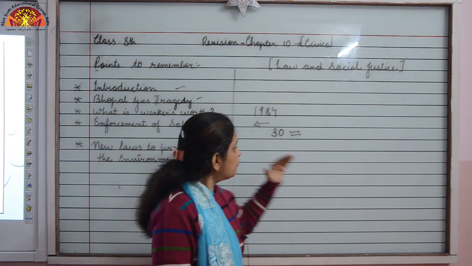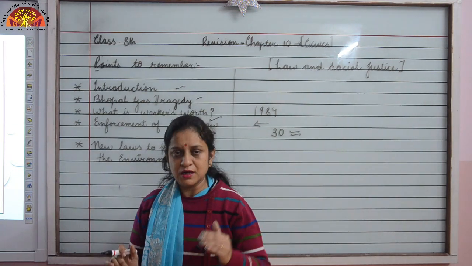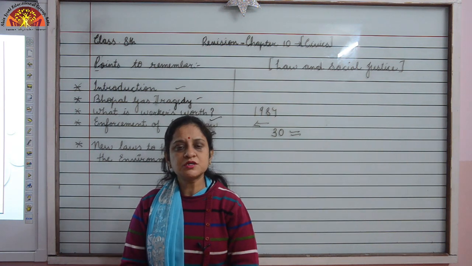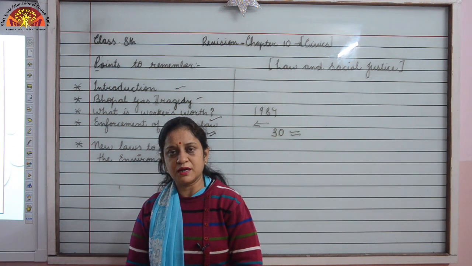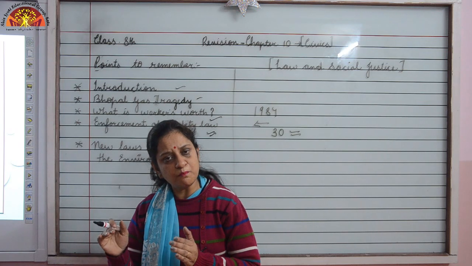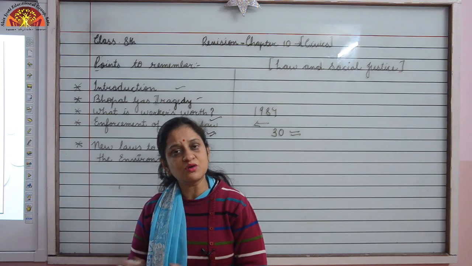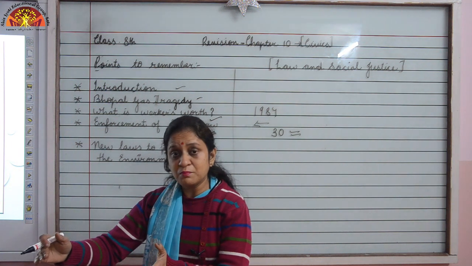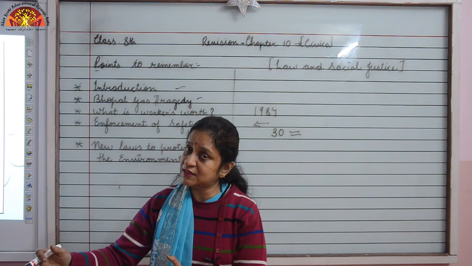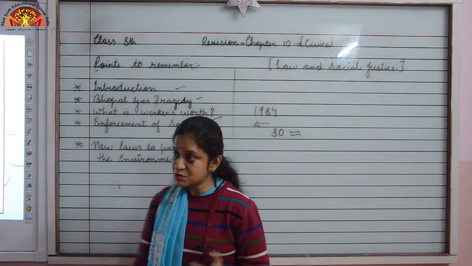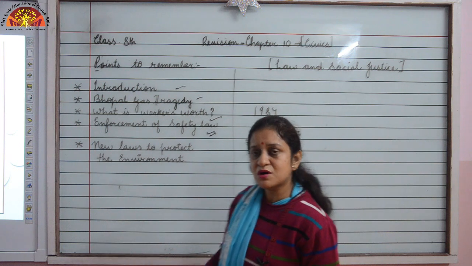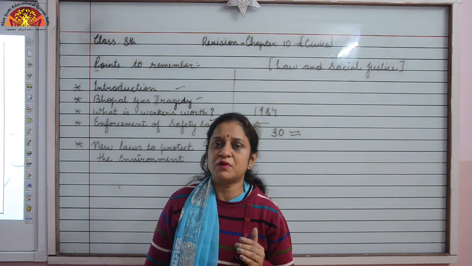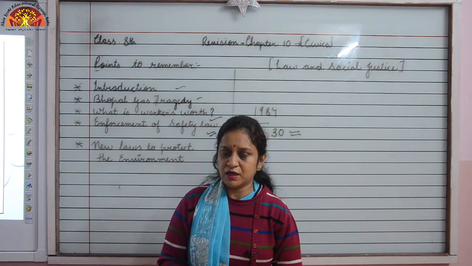Okay students, more emphasis is given in this chapter that the law should be made properly and the implementation should be done on a regular basis. Students, the environment is something which is used by the coming generation also. So we should not compromise the health of the people at the cost of industrial development, isn't it? इंडस्ट्रियल डेवलपमेंट की कॉस्ट पे हम ह्यूमन पावर जो हमारा एसेट है, ह्यूमन रिसोर्स है, उसकी हेल्थ के साथ कॉम्प्रोमाइज़ नहीं कर सकते। तो बहुत सारे लॉज बने। So in this chapter we talk about the laws which were made regarding the protection of the environment. अगर ऐसा पहले होता तो शायद जो भोपाल गैस ट्रेजेडी इतना बड़ा भयानक रूप लेकर आई वो नहीं होता।